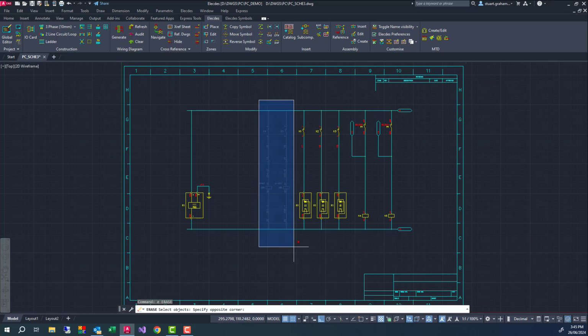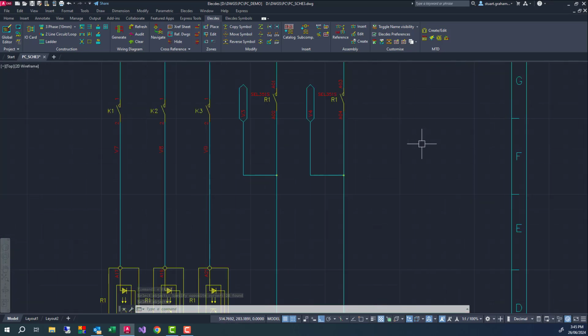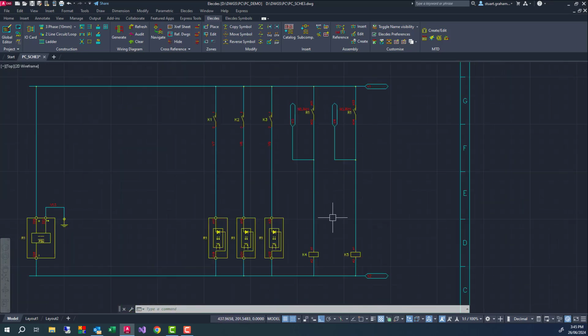Global editor takes a snapshot of the database from my project. It allows me to easily identify and group components, then efficiently rename and respecify those components. For example, I could find all of the wire numbers on a sheet and increase them by 50. I could also find all 10 amp fuses in my project and replace them with 20 amp fuses. Databases add a lot of power to electrical design.